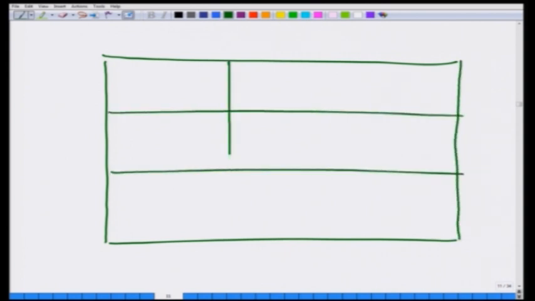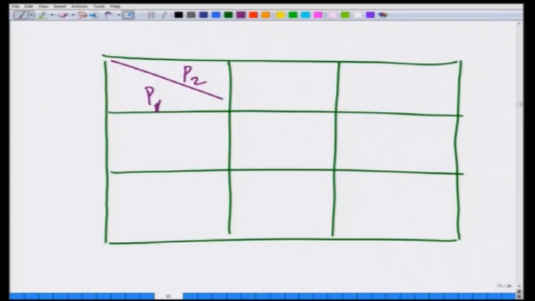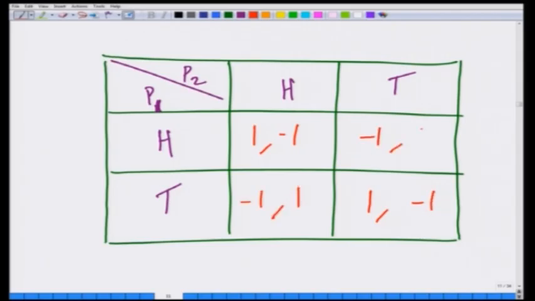Clearly, we are considering a matching pennies game with 2 players, P1 and P2, each of whom has an option to choose heads or tails, and the payoffs are 1, 1, 1, 1, minus 1, 1, minus 1, minus 1, 1, minus 1, 1. Now let us say, as we also said, that player 1 is choosing heads with probability p,